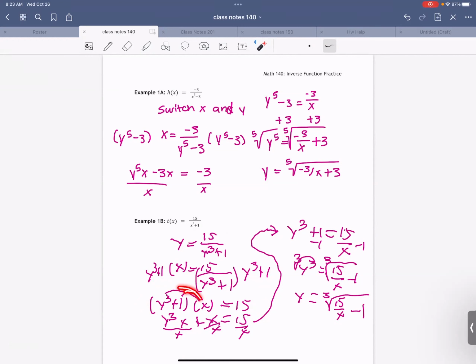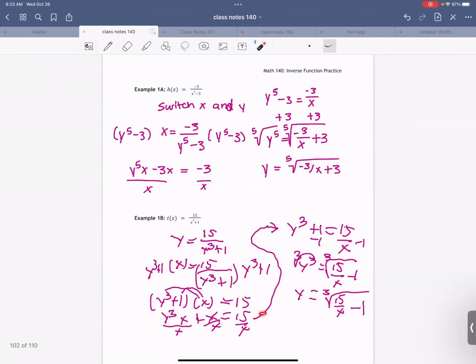That turns into y cubed plus x. Y cubed x plus x equals 15. Divided all that by x. Y cubed plus 1. Subtract y cubed is 15 over x minus 2. y equals